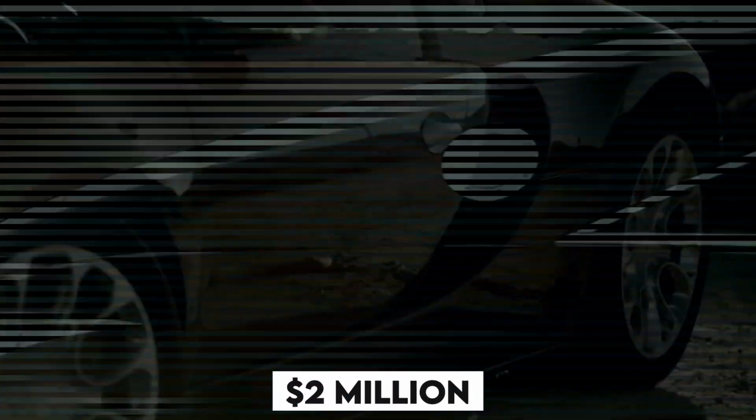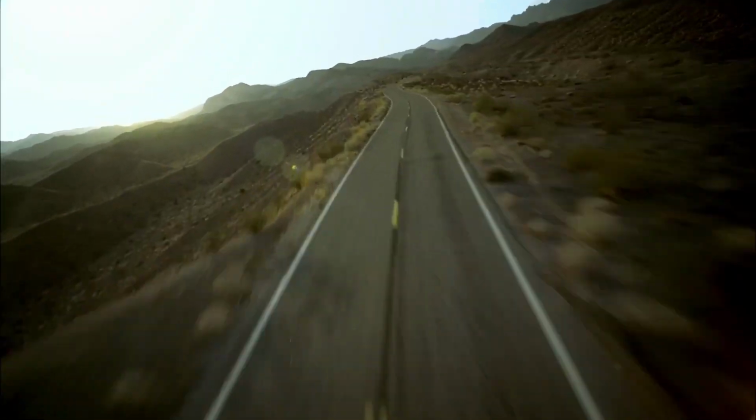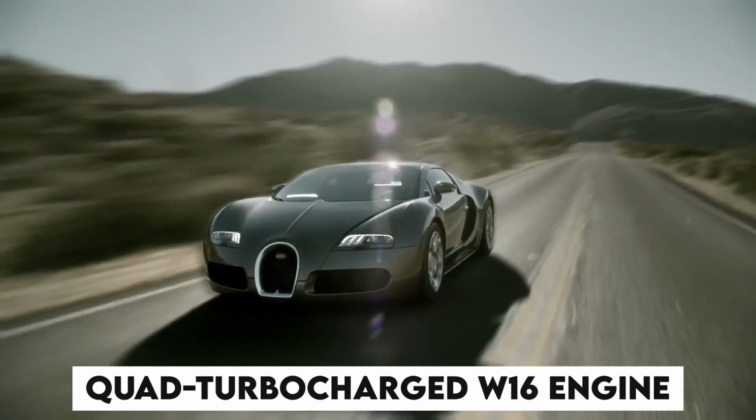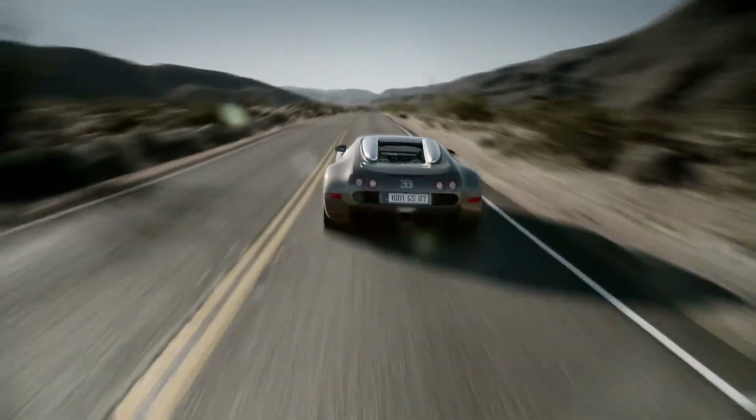And let's not forget the Bugatti Veyron Grand Sport, gifted to Jay-Z by Beyoncé on his 41st birthday, a casual $2 million surprise. This isn't just a supercar, it's one of the most iconic machines to ever hit the road. The Grand Sport is the convertible version of the original Veyron, packing over 1,000 horsepower from a quad-turbocharged W16 engine. It's capable of hitting 0 to 60 in under 2.5 seconds, and tops out at around 254 miles per hour